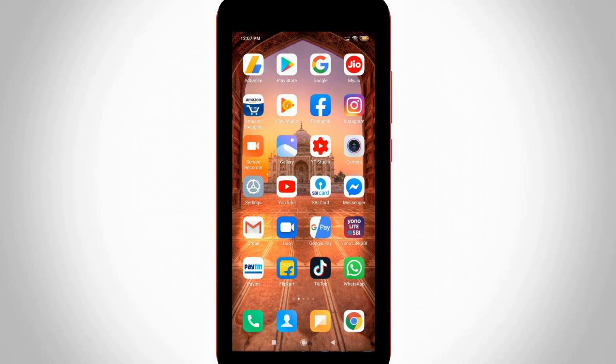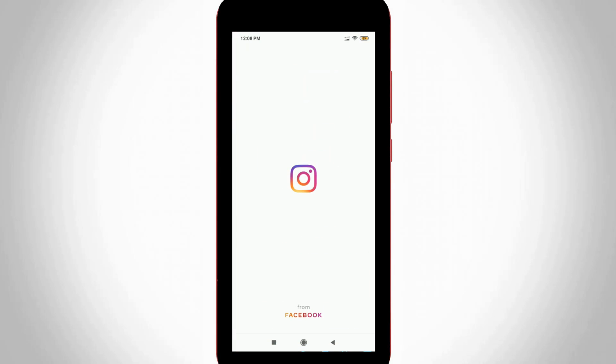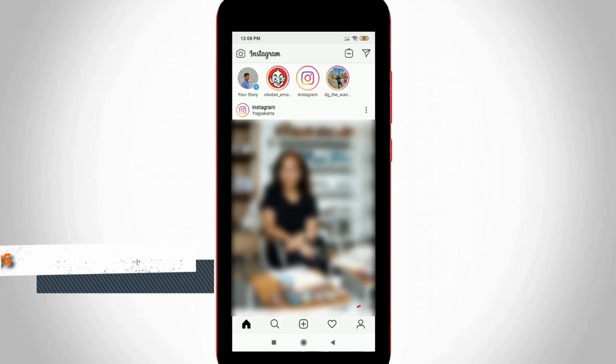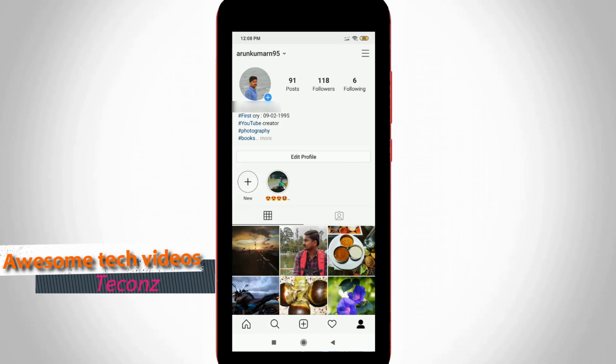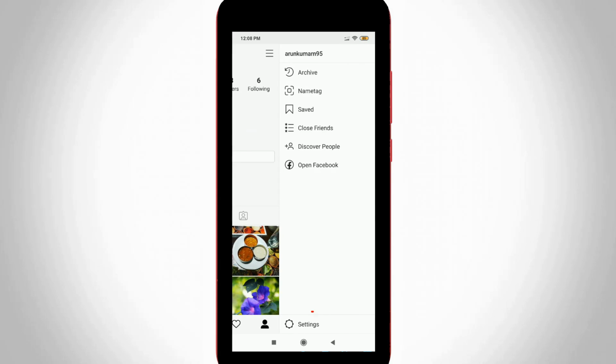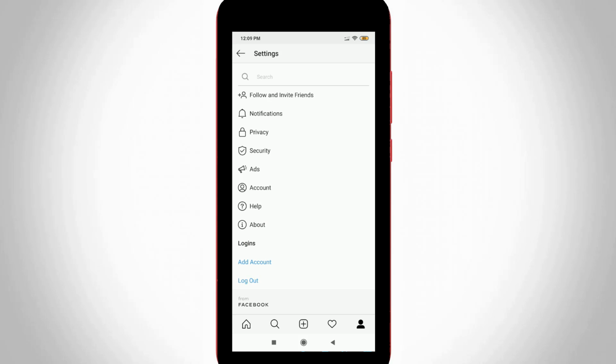So first of all, open your Instagram application on your Android mobile or iOS device and sign in to your account. Now in this homepage section, you can press that person icon, which is placed at the bottom, the fifth one, and it shows my Insta profile. Then press that horizontal three lines icon, placed almost at the top right corner, and go to Settings, which is placed at the bottom. Now it shows all my Instagram settings, and you can go to Security, the fourth one.